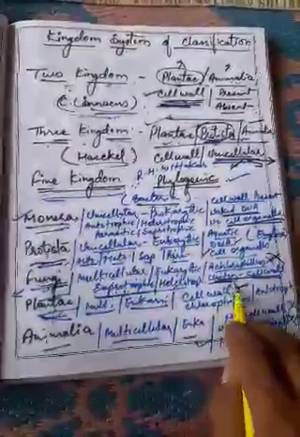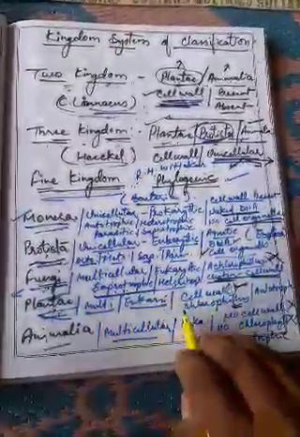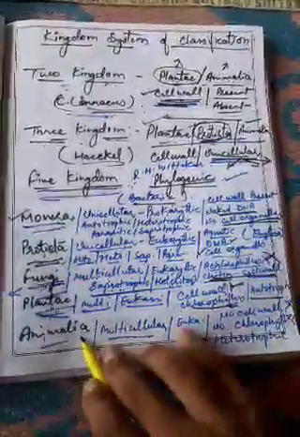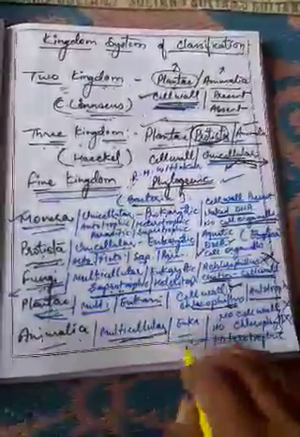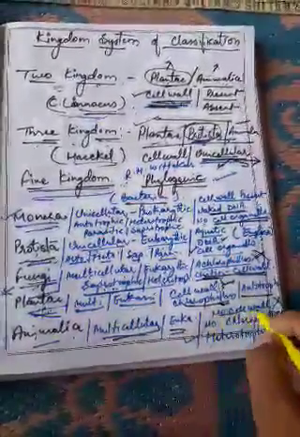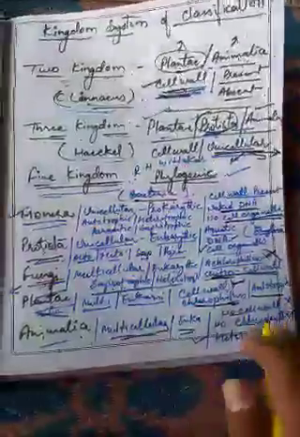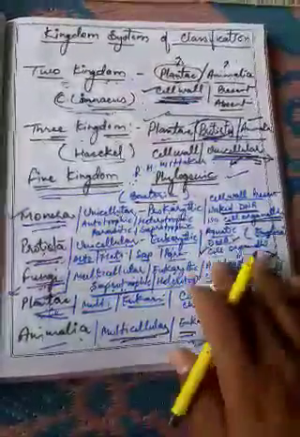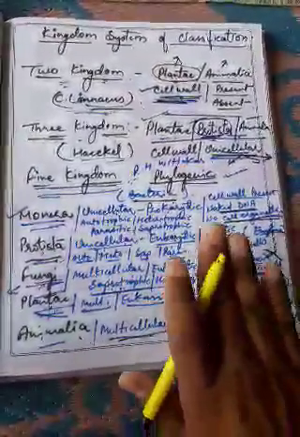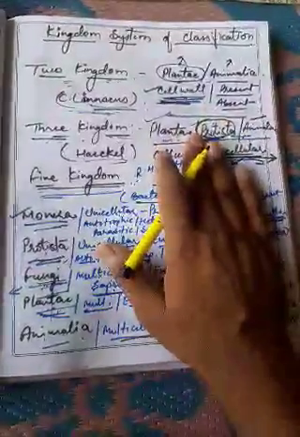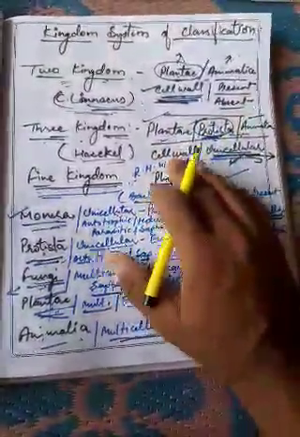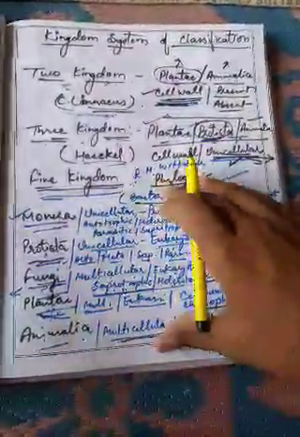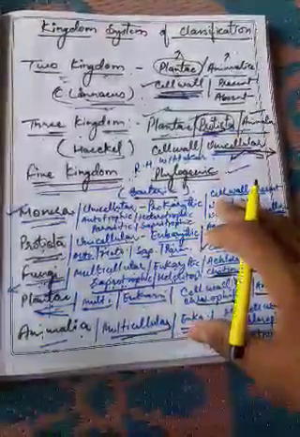This was the specific characteristic of Plantae, and they all were autotrophic because they have chlorophyll and can make their own food. And in Animalia, just the opposite of Plantae: multicellular eukaryotic, with no cell wall, no chlorophyll, and they are heterotrophic, that means dependent on others for their food. So this was the complete introduction to biological classification and the kingdom system. In the next section, we are going to talk about all these kingdoms, Monera, Protista, fungi, Plantae, and Animalia, in an elaborate manner. Thank you very much.